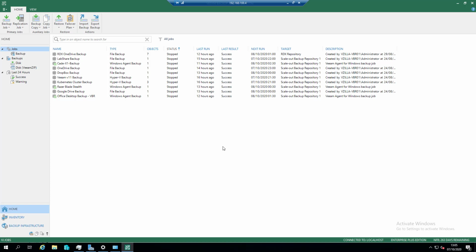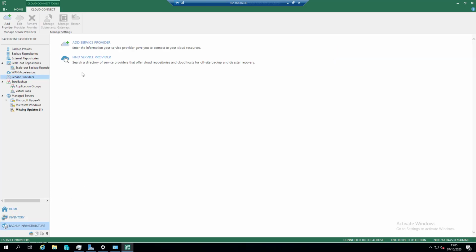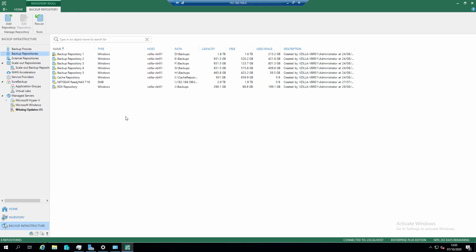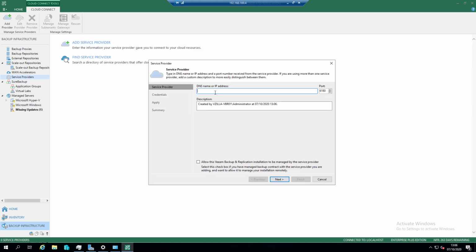So first of all, we need to add in these repositories. The first thing we want to do is jump into backup infrastructure and go down to, we can see this is what we've got on offer today as to where we can back up to. We can see a few devices that are locally attached. Under service providers, this is where we go to add in our service provider. So if we then go and add in our service provider and we copy that in,